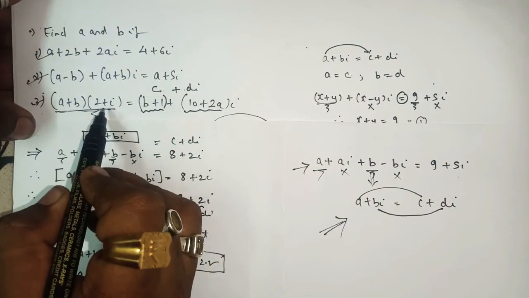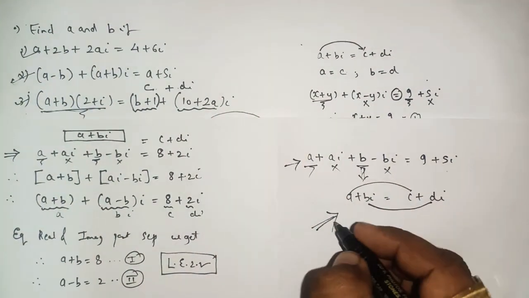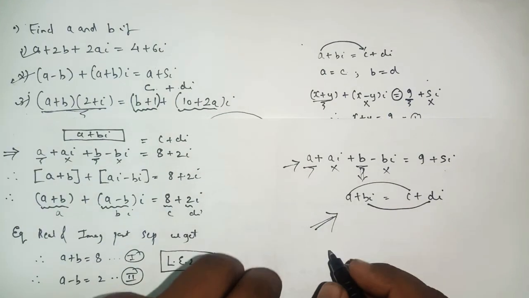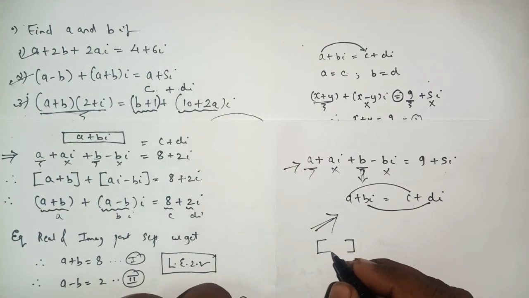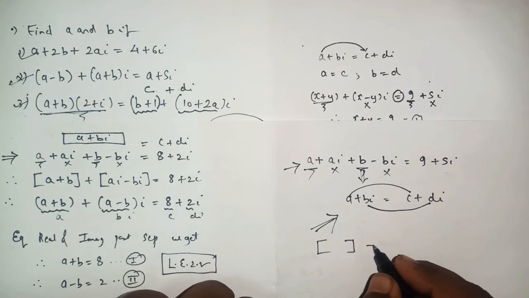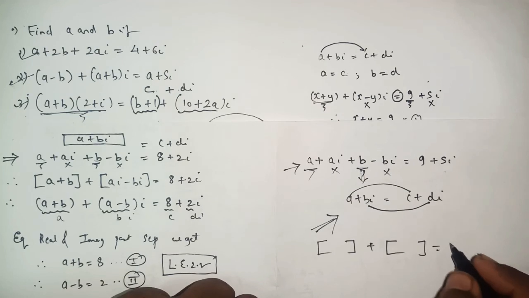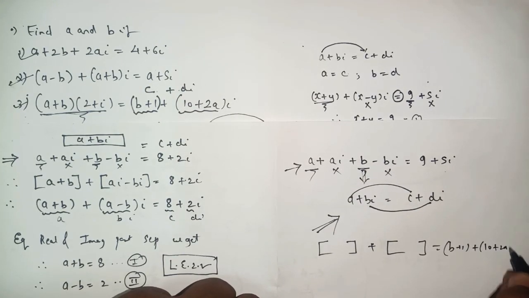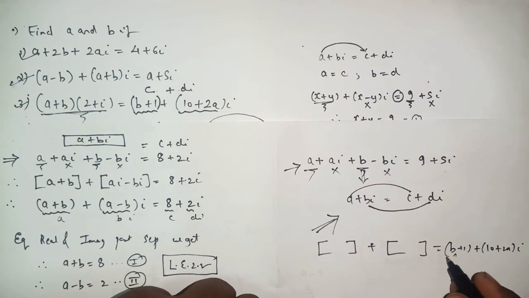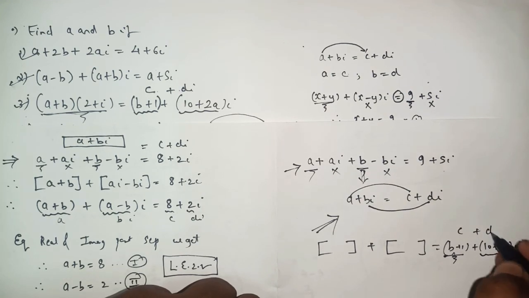Simply what you will do here, bracket open the left hand side section. Make a pair of terms without I and terms with I, as here we have B plus I and here we have 10 plus 2AI, yes or no? In the right hand side clearly we can see that this B plus I we took in the bracket, so this looks like C, and this is already in bracket, so this looks like DI.